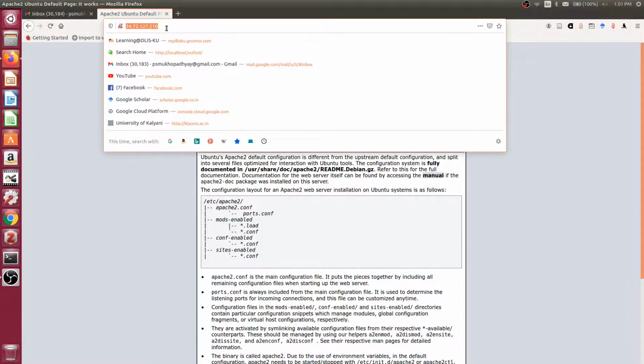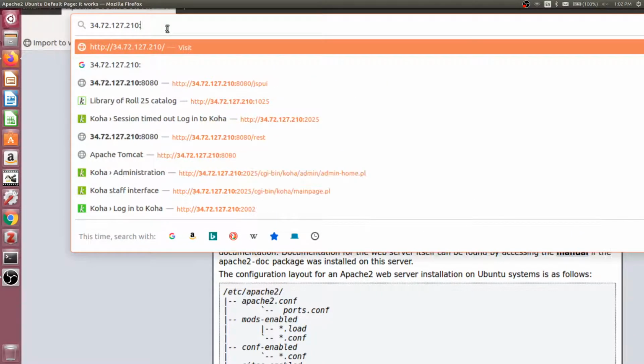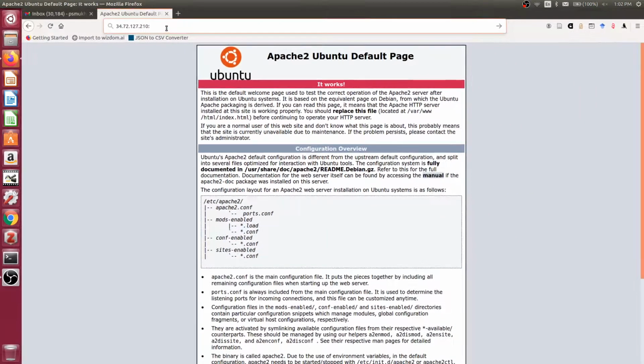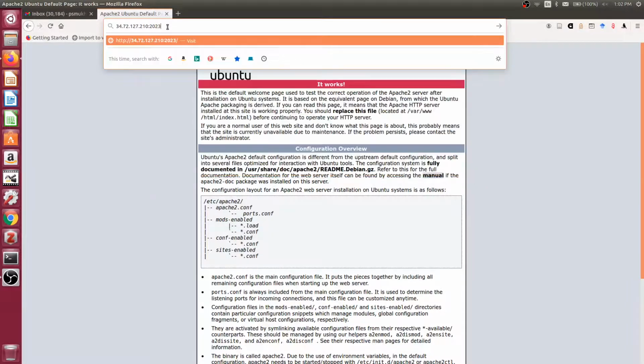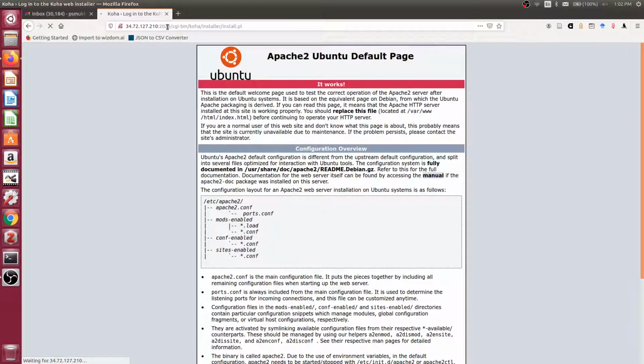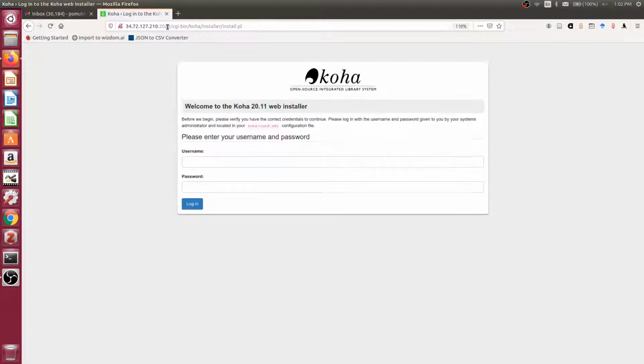Now you all know this is our cloud server IP address. Suppose I am trying to access a roll number, for example 1023, that is roll number 23. So for roll number 23, the staff interface will be available on 2023 and the OPAC will be available on 1023. If I now enter 2023, you see here it is again asking me, just like in the previous installation process,